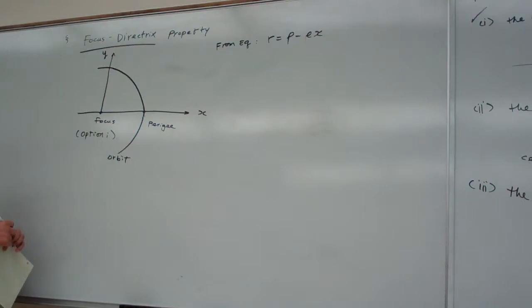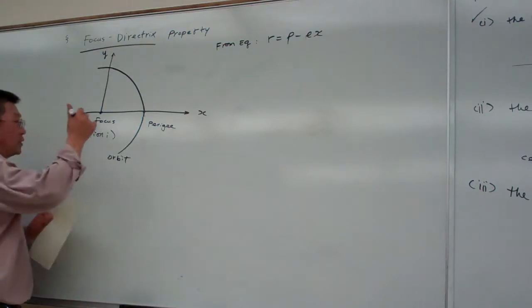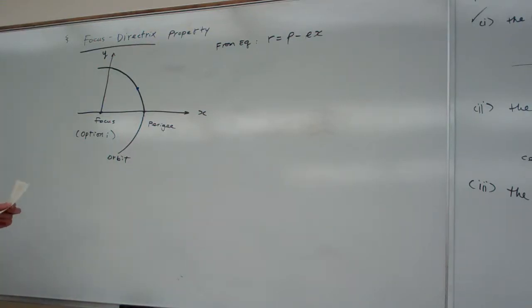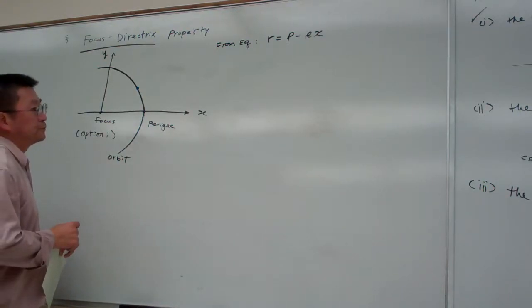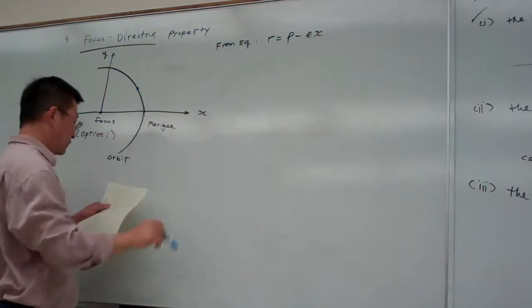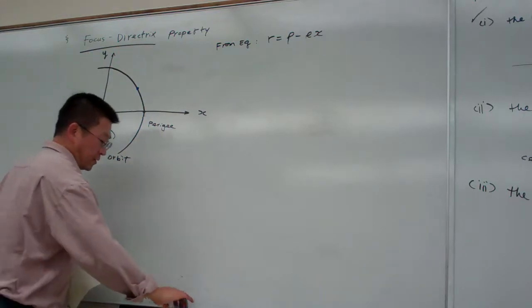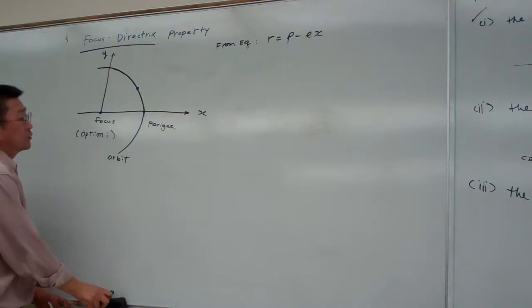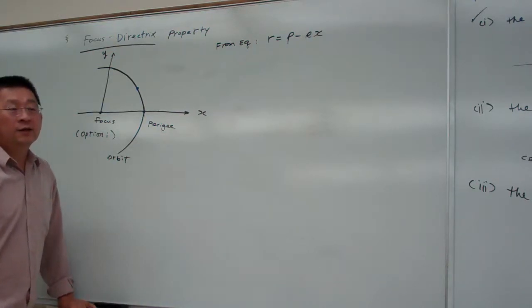For this one, we arbitrarily locate a point, say any point on the orbit, and here I locate it there. And the first step is I try to manipulate this information, and those focus-directrix properties were derived